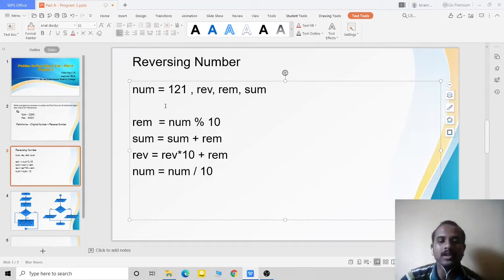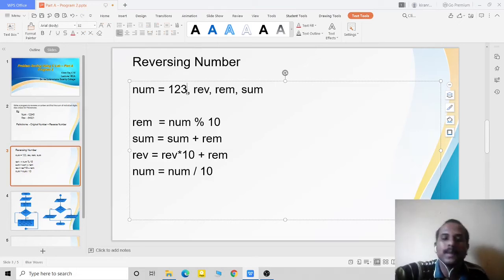When I want to reverse the number, I want to take the unit place digit into the highest place. Correct? That means first I have to remove the 3, then I have to remove the 2, then I have to remove the 1.